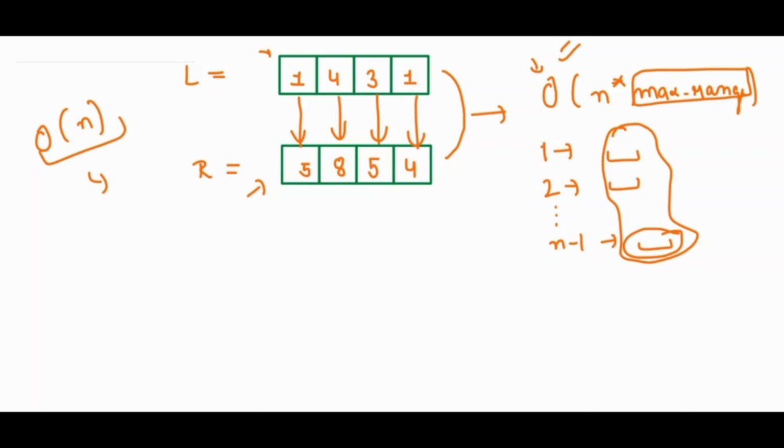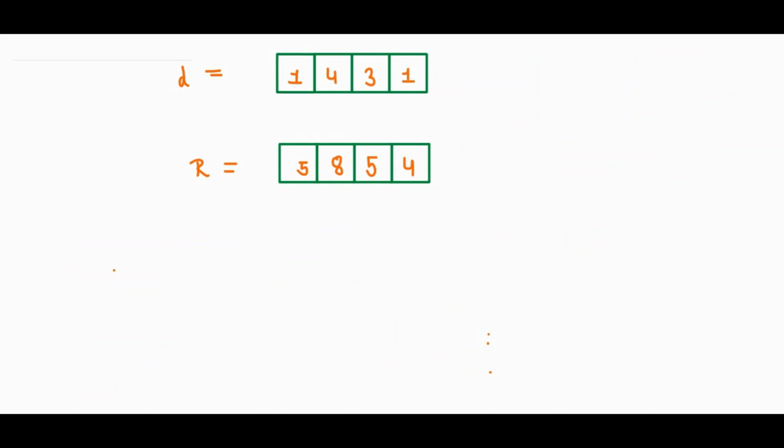Okay. Now let's move forward and see another approach to solve this question. Now let's see one of the best approaches to solve this question. So in this approach what we will do is we will take an extra array, okay, which is of size 10 to the power 6. Why 10 to the power 6? Because as we have seen in the starting, the constraints are that the elements will lie from 0 to 10 to the power 6 only. Okay, that's why I am taking an array of 10 to the power 6.